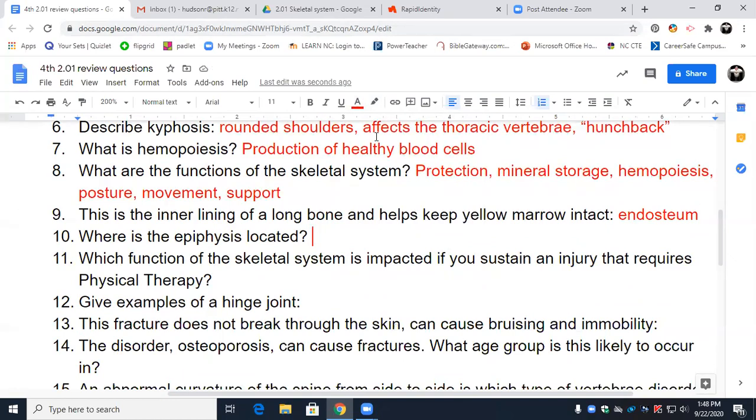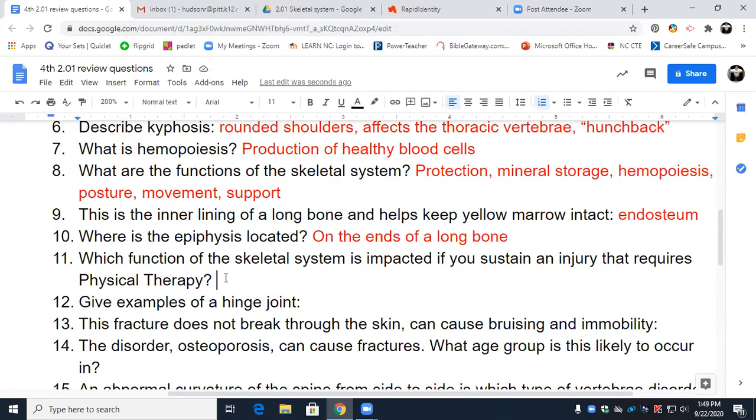Where is the epiphysis located? On the ends of a long bone. Now, do you remember what is on the ends of the epiphysis? Yes, cartilage. Do you remember what the name of that cartilage is? Anybody? John? Articular cartilage. All right, so this next one, which function of the skeletal system is impacted if you sustain an